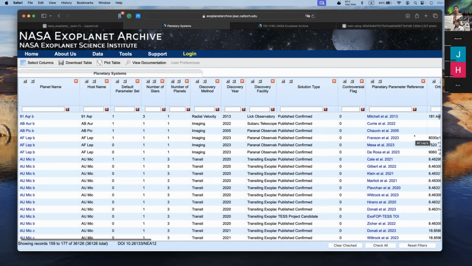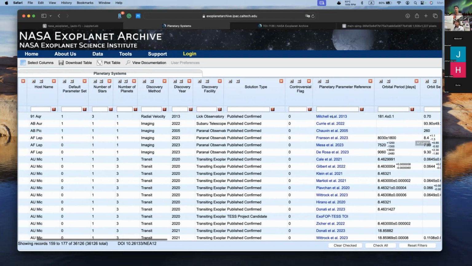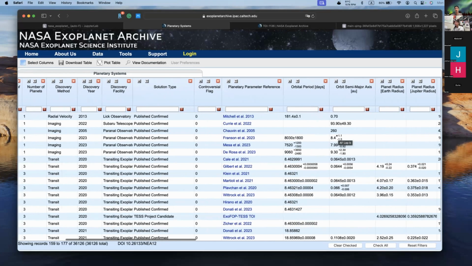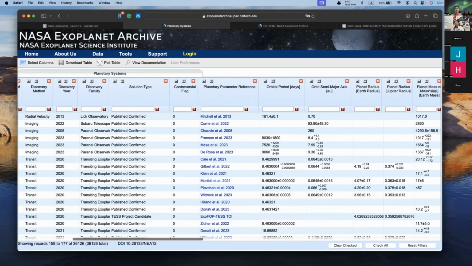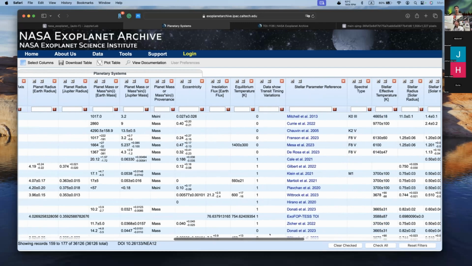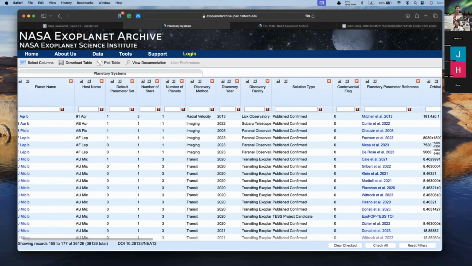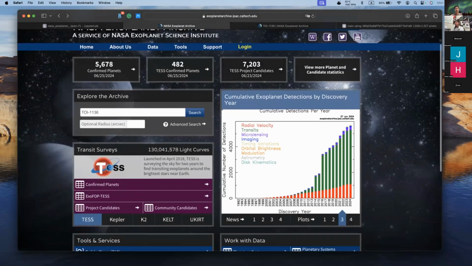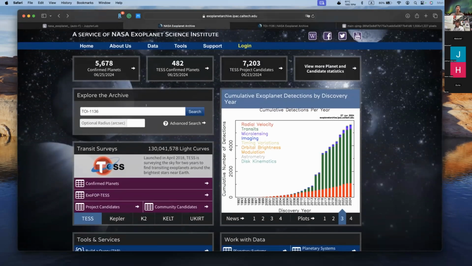And yeah, you can go through the table. It also provides the reference or the original paper that published these planets. The orbital parameter, semi-major axis, planet radius, planet mass, a lot of things. Okay, let's go back. So a key feature of the archive is that you can type in the name of